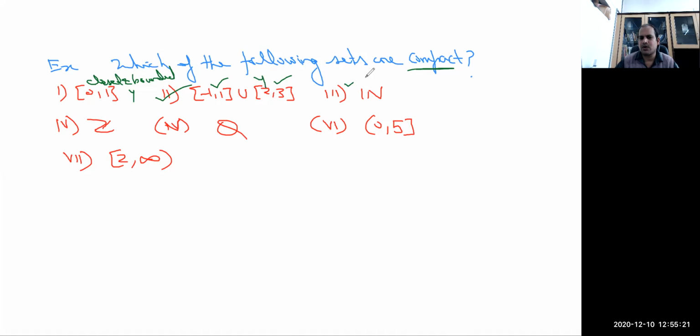Now what about the set of natural numbers? We have already seen that there is no limit point for the set of natural numbers. In fact, the derived set of the set of natural numbers is empty. There is no limit point, and phi is a subset of every set, hence the set is closed. In other words, there is no limit point which is not contained in the set. Actually, a set is said to be closed if it contains all of its limit points.